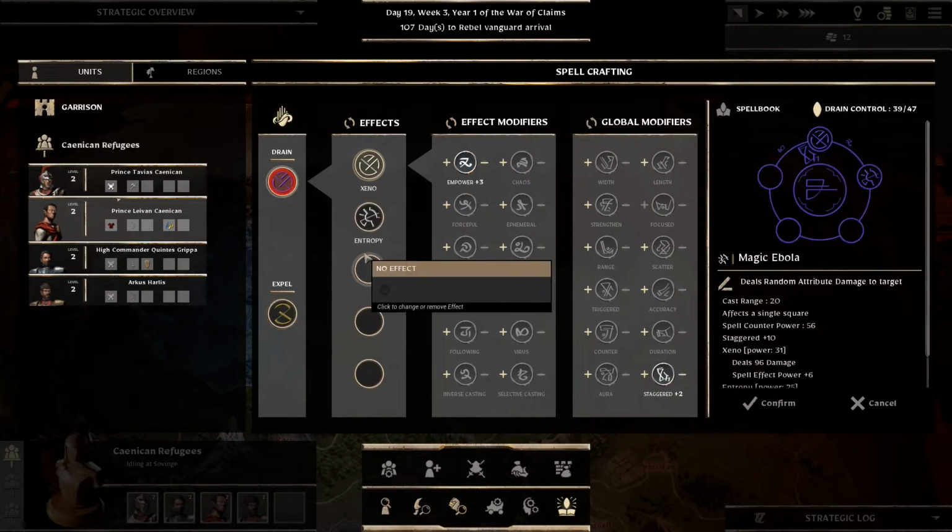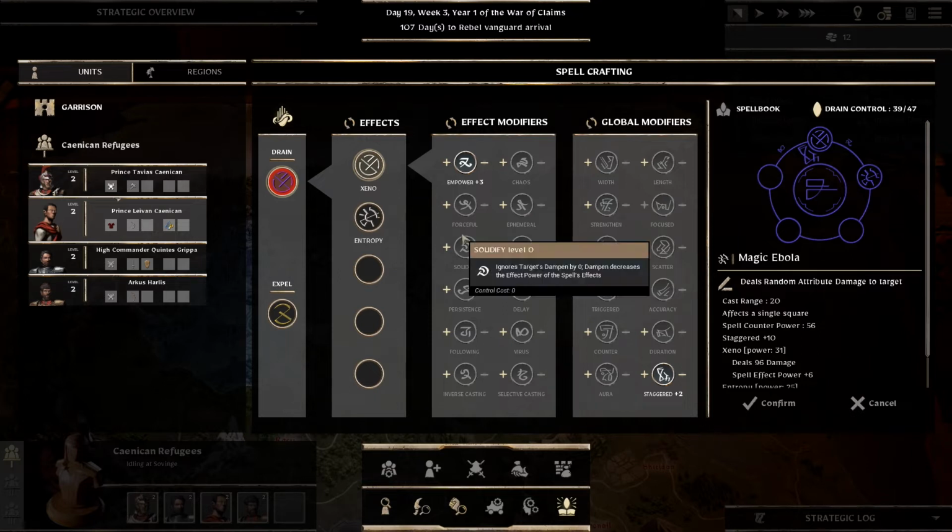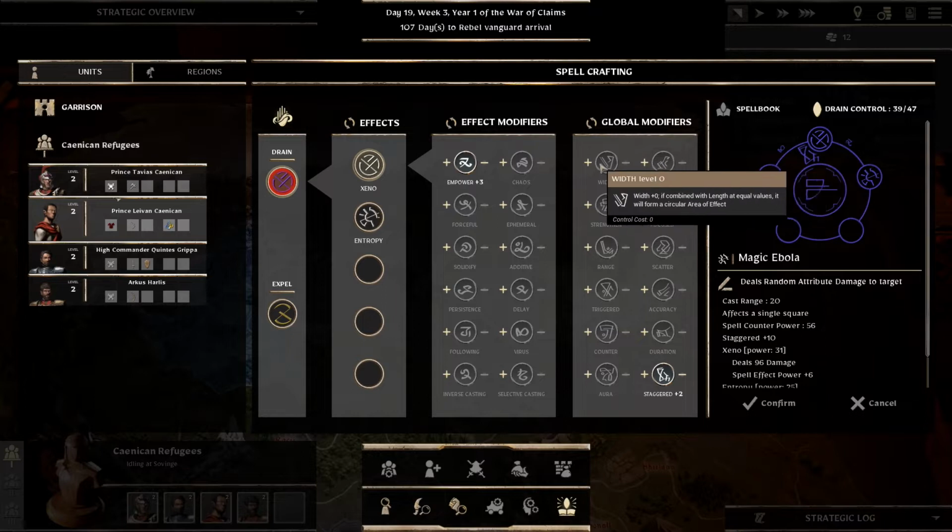So let me see what I can do with Magic Ebola, because what I was poking around with when I was looking at this is width and length. This is where I could make this into an area of effect spell. So width, if combined with length at equal values, will form a circular area of effect. So if my width and my length are the same number, then I'm going to assume I just made an area of effect spell. So really, I've got a few points left of control in this part of the spell,